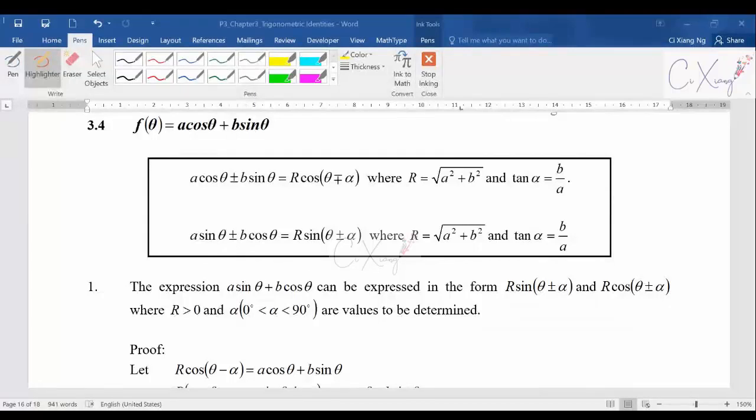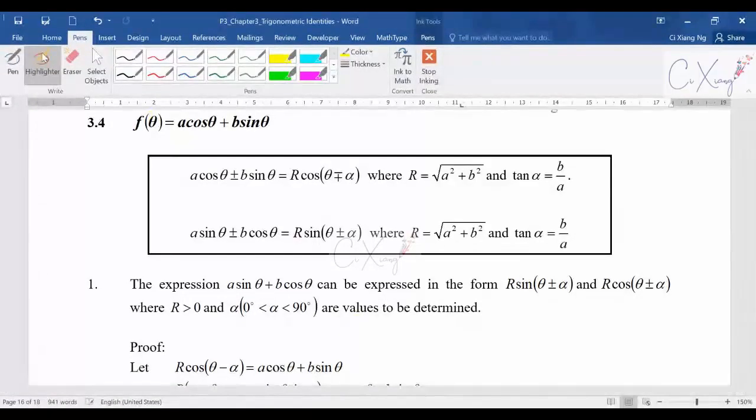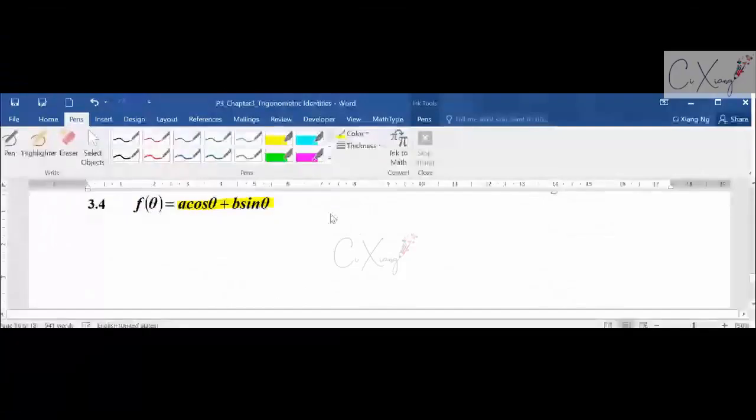Alright, so today's video we are going to discuss the very last part of the Trigo chapter already. Okay, so we are going to focus on the pattern of A cos theta plus B sin theta. So why do we need to have this part is just to show you an example, a very simple example. Maybe in AS level,